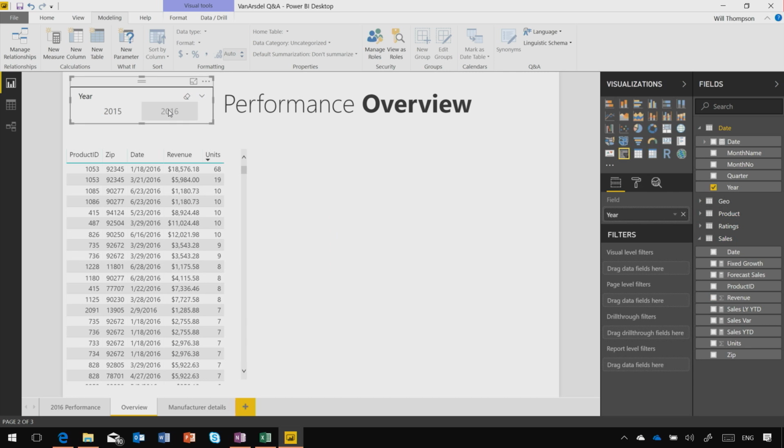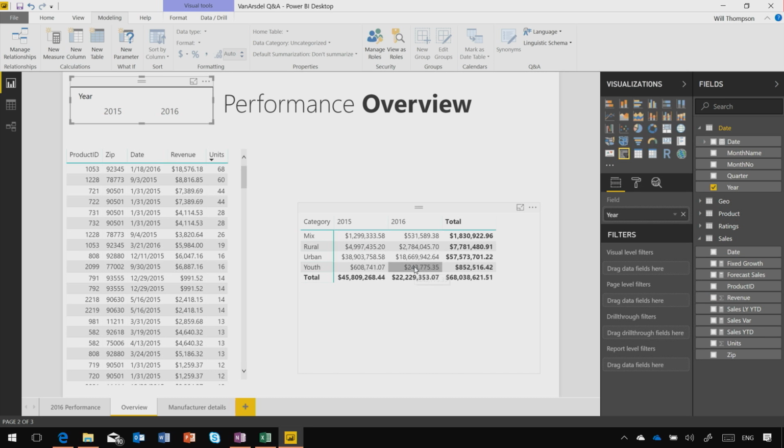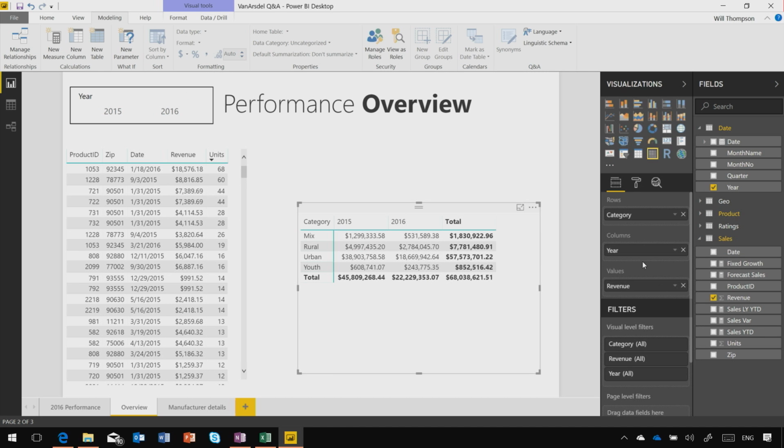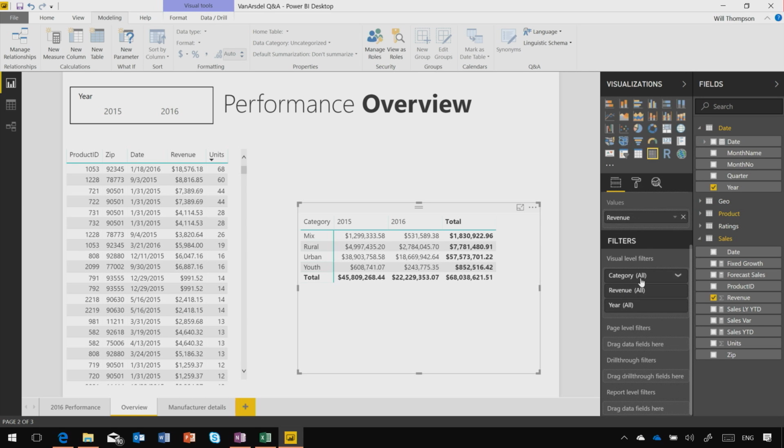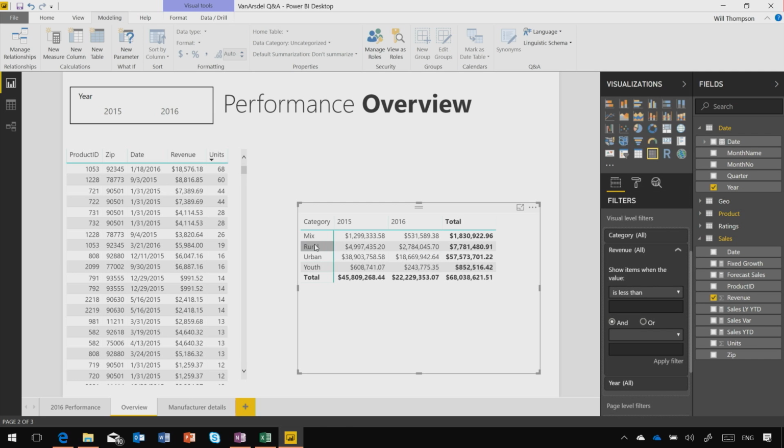I'm going to just clear that filter on 2016 so I can see both years. Now when I come here, I can see I've used the category, the year, and the revenue in my fields as well, so I get those three automatically generated filters down here too. The trick is that when I'm filtering on revenue, this filter is actually being applied across the whole of this row. So the values that you're filtering are actually whatever's in this total row. So if I was going to say, I only want to see things where the values are